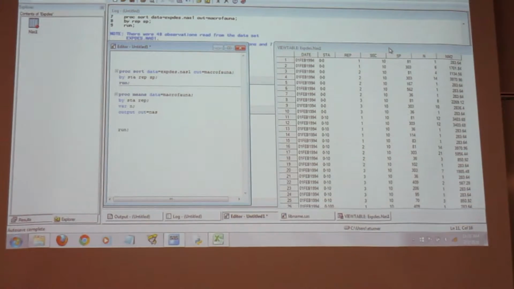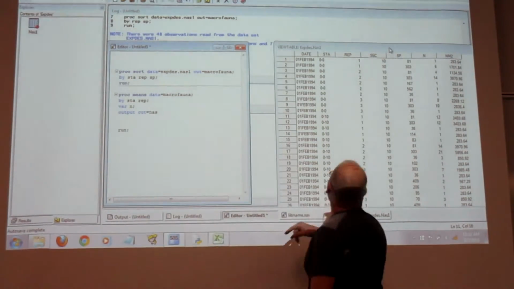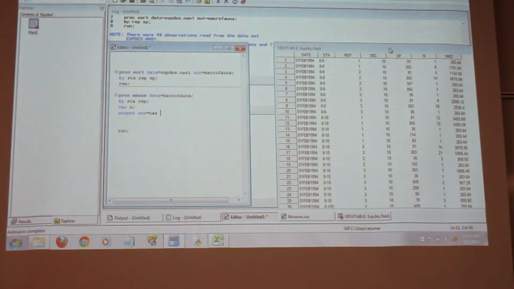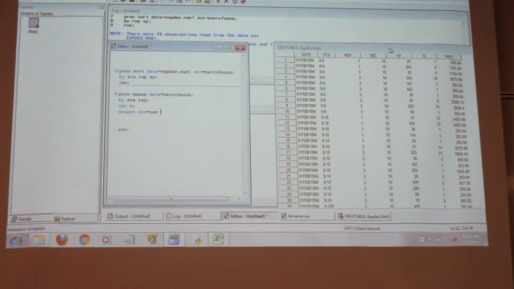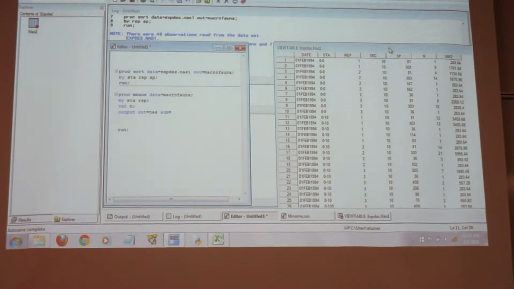Since I said focus on the variable N, that's the variable we're going to focus on. All right? And now I want to output the sum of that. So I tell SAS SUM equals, and then the variable name. So here's another keyword. I can erase these two right here.